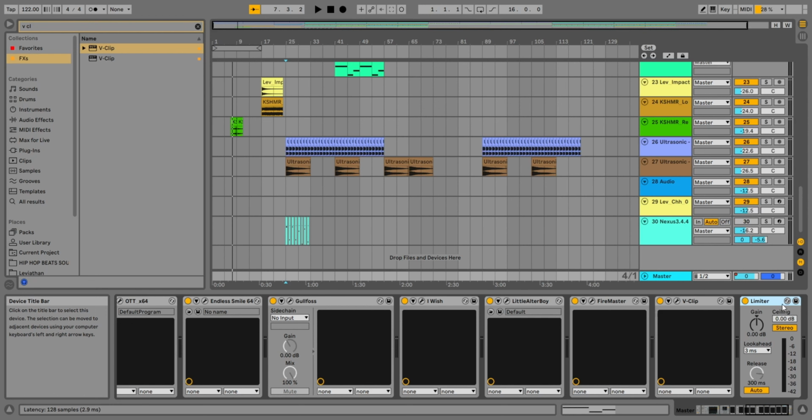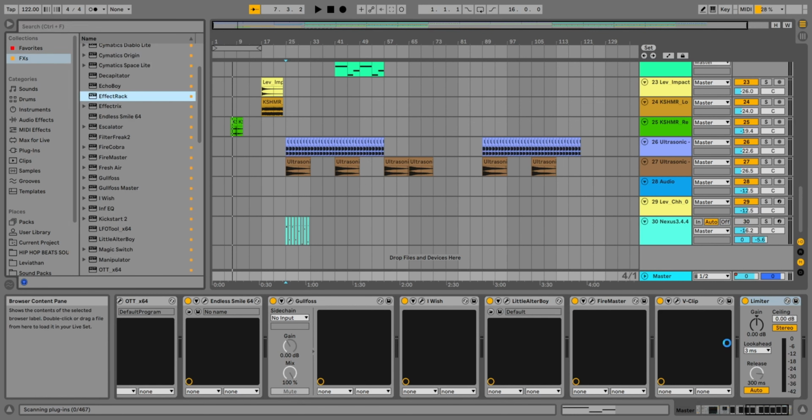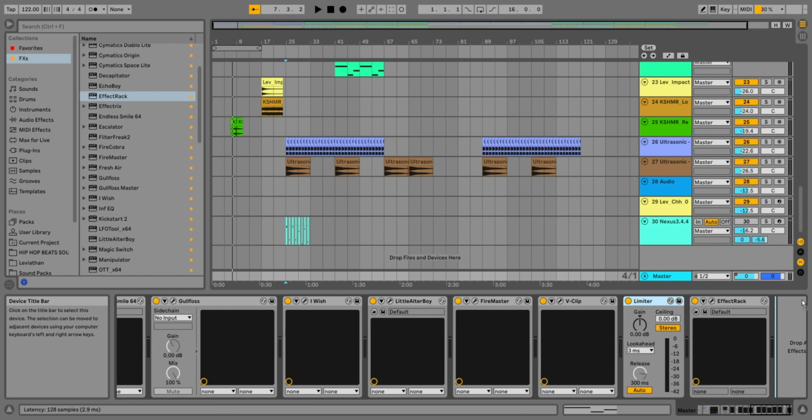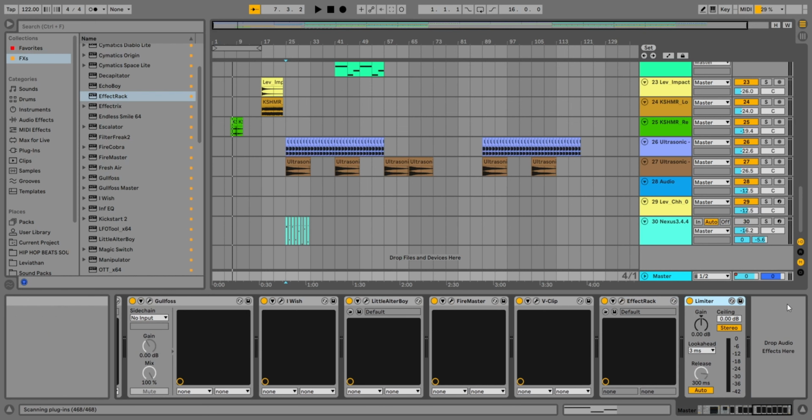I want to dock a specific FX at the end of the FX chain, but I cannot do that in Ableton. I wanted to lock this here, but there is no such option. I want to lock this because after whatever I add, I don't want to drag this again and again. I just want it to be at the end of the FX chain, but you cannot do that in Ableton